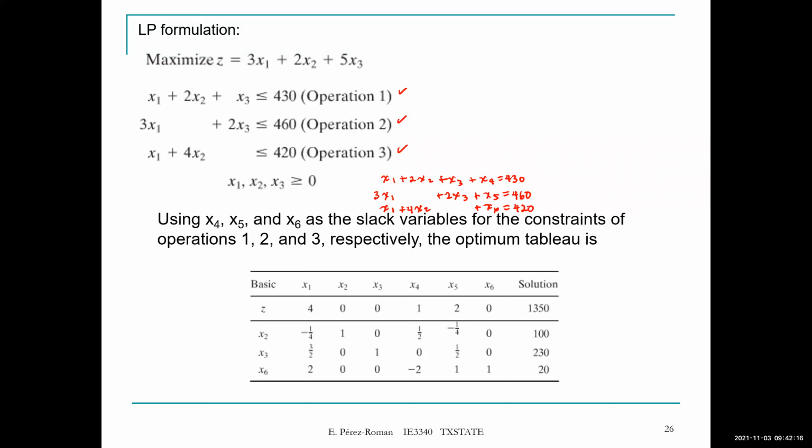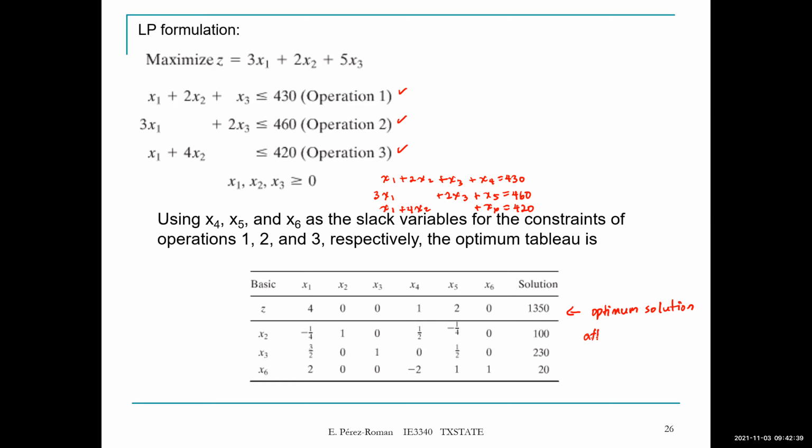So after setting up this constraint into the standard form, I can solve the problem, and this is the optimal solution after applying the simplex method. So this tableau is showing the optimal solution